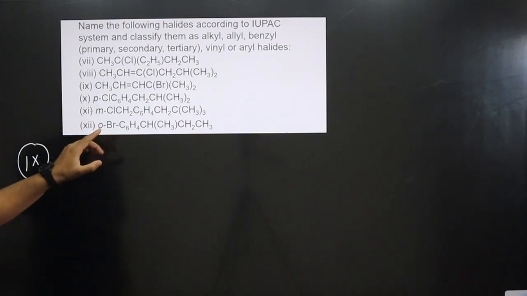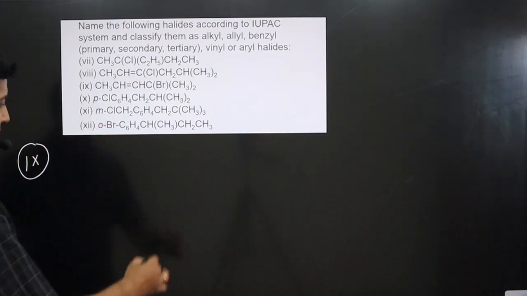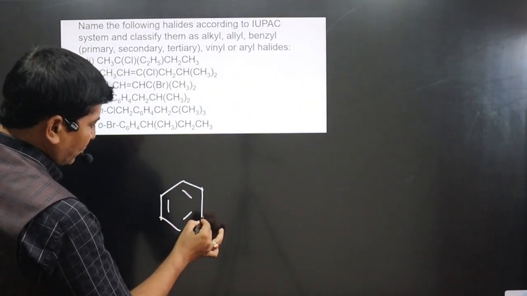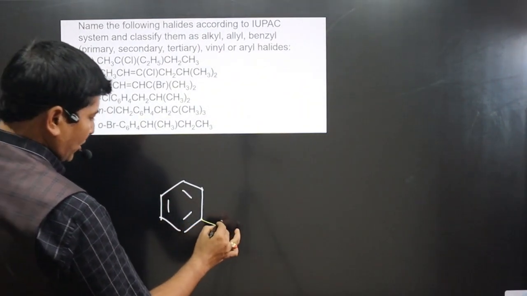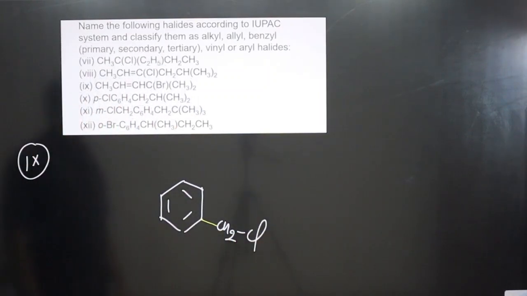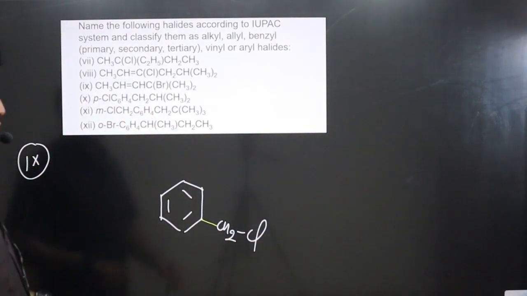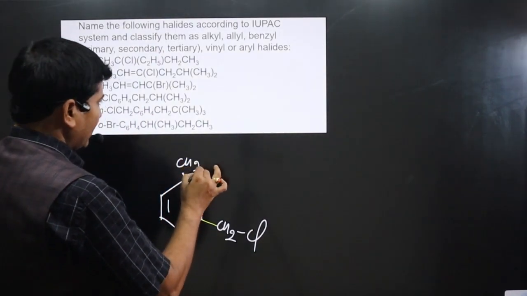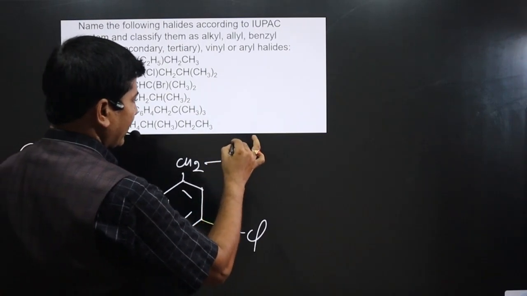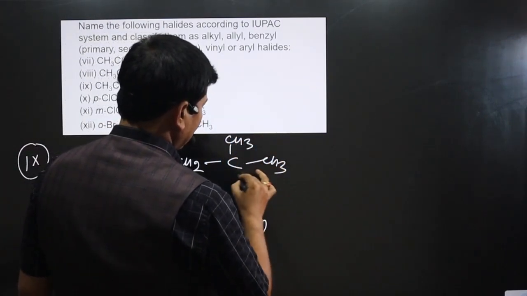Again we can see meta is there, Cl, CH2 is there. Let me write the benzene ring. We have the benzene ring. This is the meta position. In this case we have CH2, Cl is there. And then CH2, okay, CH2 is there. And then C. And to this C you can see 3 alkyl groups are attached, CH3, CH3 and then CH3